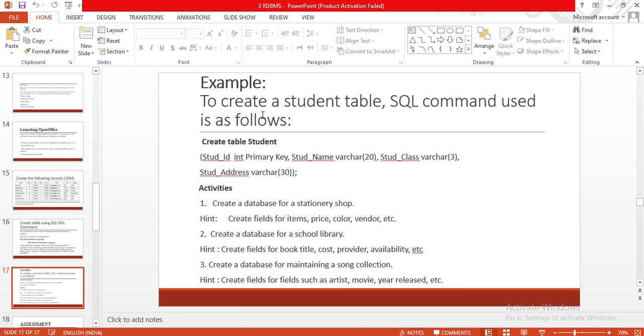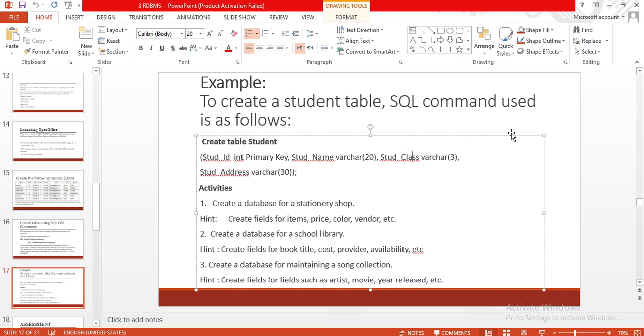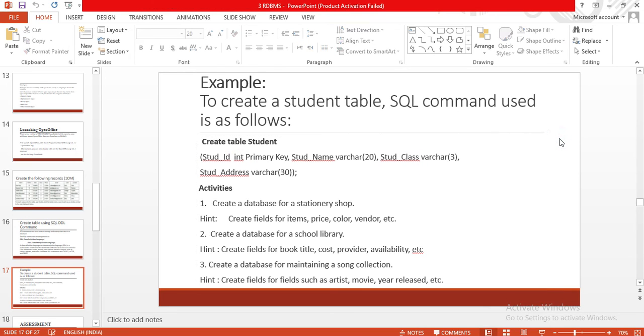Example, to create a student table, the SQL command used is as follows. Create table student, then student ID, integer, primary key, then student name, varchar, and the length will be 20. Remember, varchar and integer are data types. For creating a table, we should use the data type.